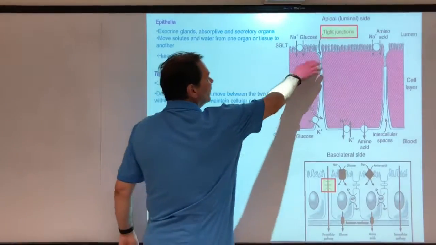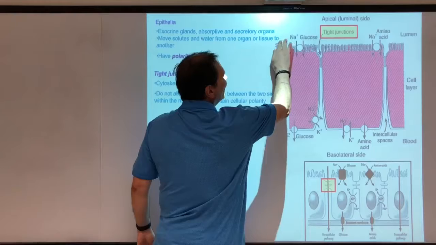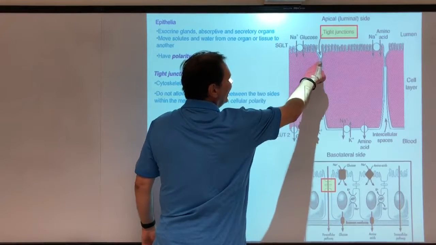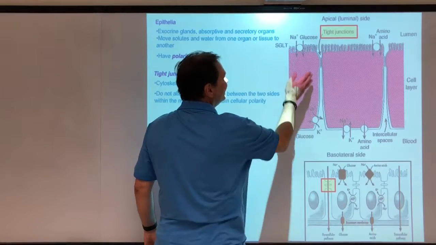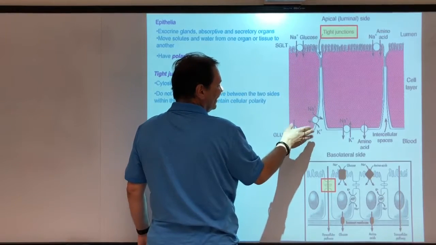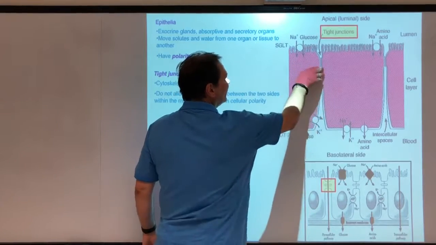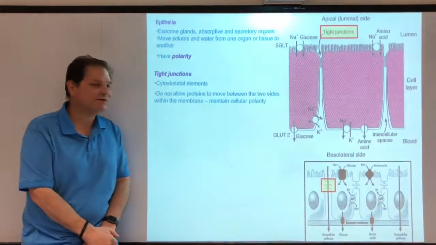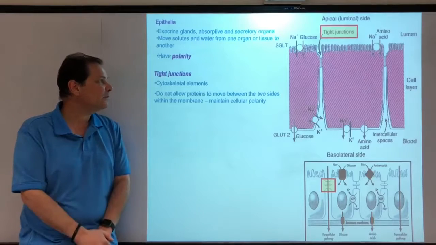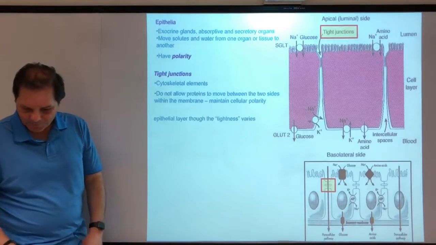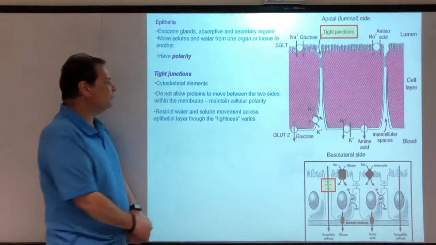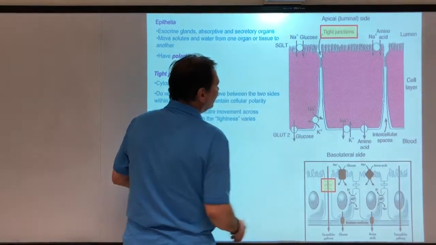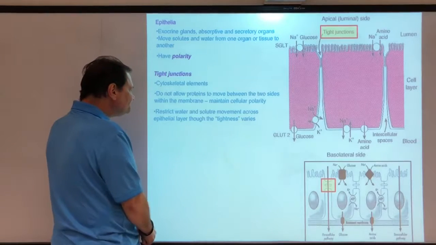They also form a barrier in the membrane, so proteins that you find in the apical membrane don't make it past the tight junction to the basolateral membrane, and vice versa. The basolateral proteins are blocked from getting to the apical side by the tight junctions. So the tight junctions maintain this cell polarity. As I said, they restrict movement from one side of the layer to the other, and